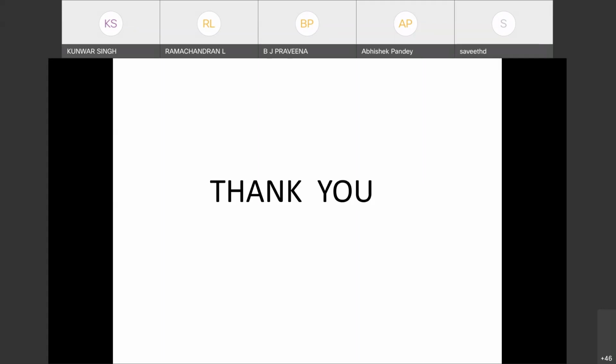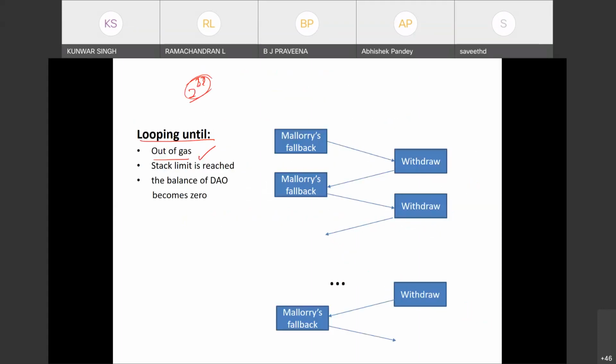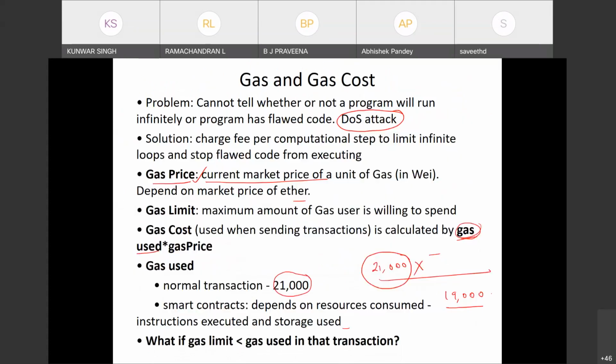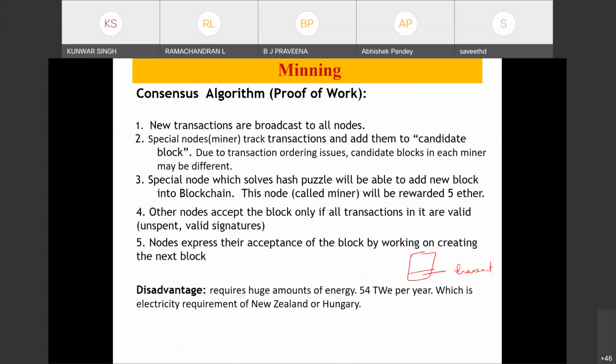Sometime in the earlier session, we were discussing proof of stake and proof of work. In proof of work, you give 5 Ether to the miner, whoever solves the puzzle. In proof of stake, you are attributing mining power in proportion to the money one is holding. Can you please compare that once more and tell us?